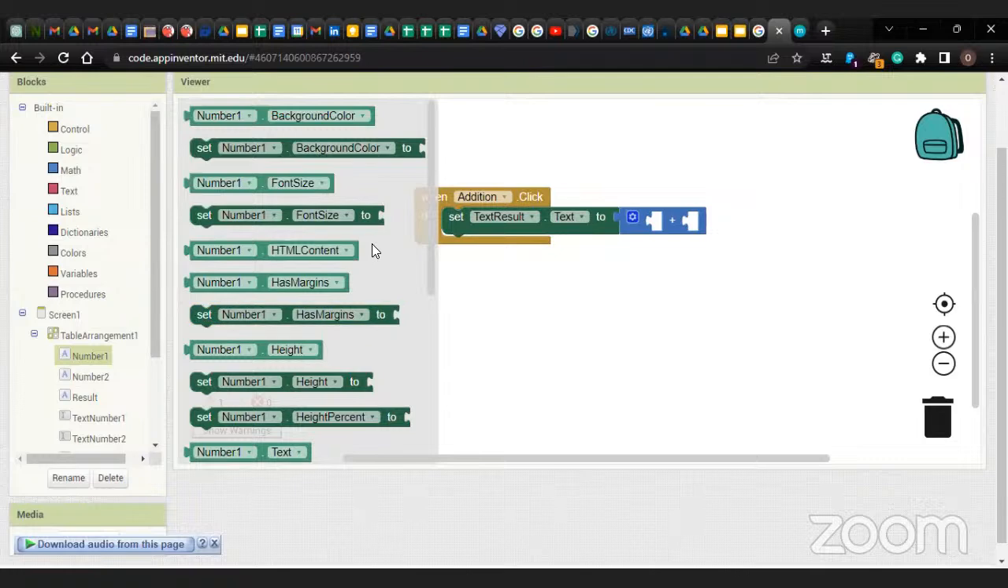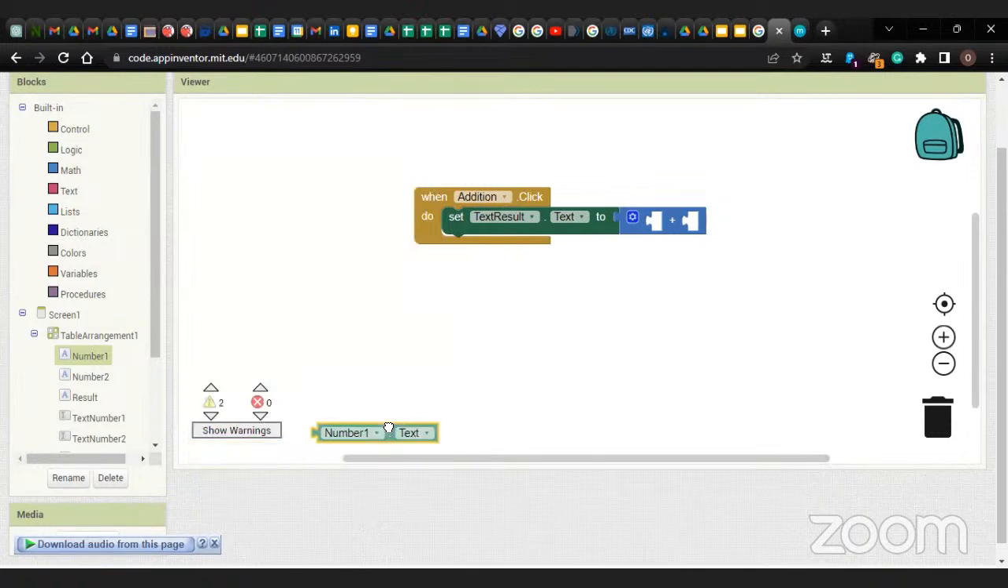Text number 1 dot text. Okay, so that's the last block there. So drag that out and clip it in the first section, text number 1 dot text. Then, on the other end,